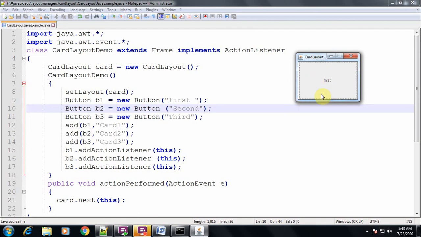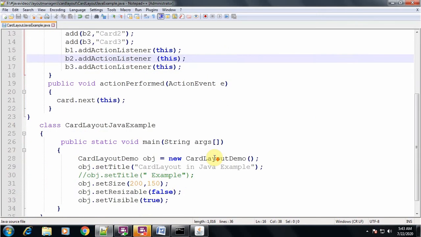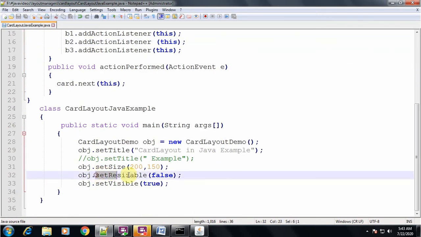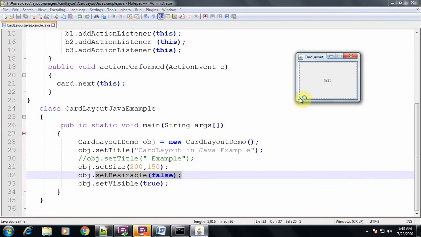I could increase the length or the height, but because of this particular statement, setResizable(false), you cannot increase or decrease the height of that frame. What is the initial size you have specified here? 200 comma 50. I gave "card layout in Java example" as the title.